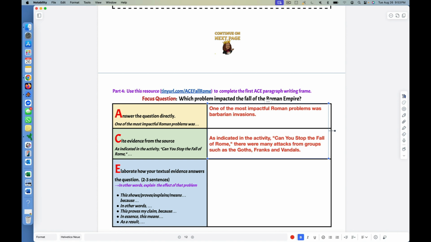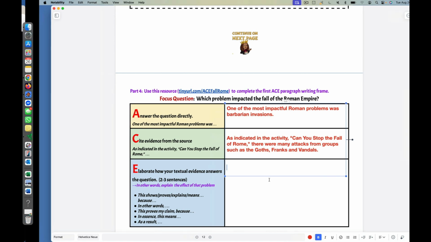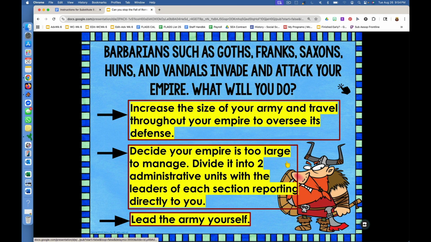Okay, and then for our elaboration, we need to make sure that we talk about how it impacted the fall of Rome. So anytime we elaborate, we're adding new details and we're explaining how that issue led to the fall of the Roman Empire. So you can go back to your resource and see what kinds of decisions were made